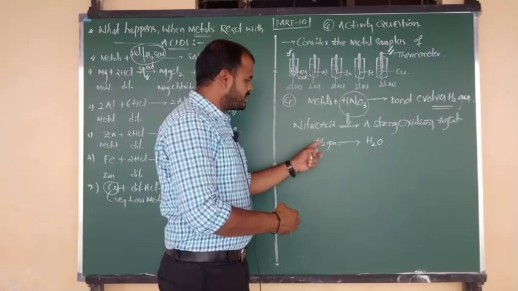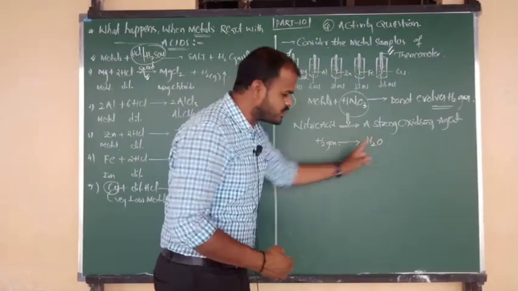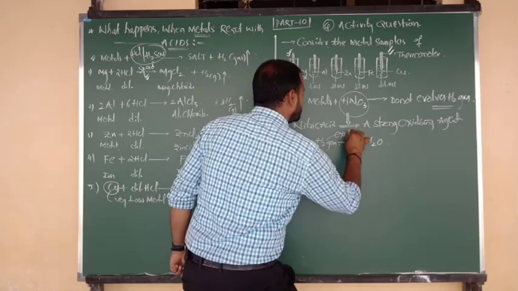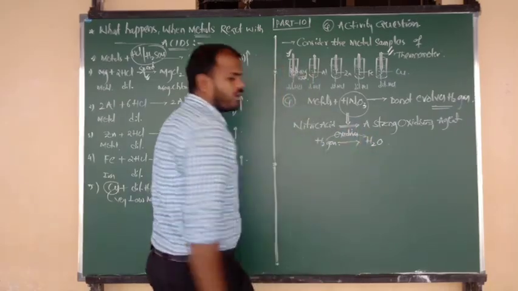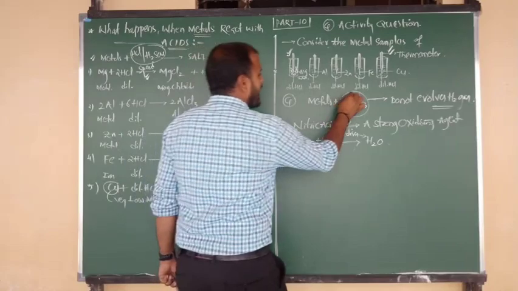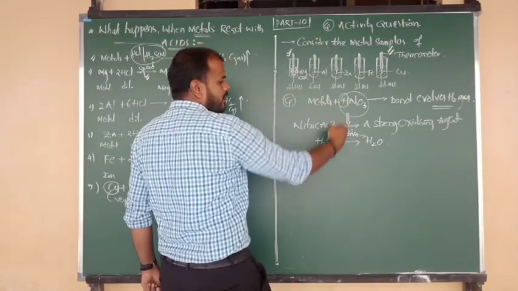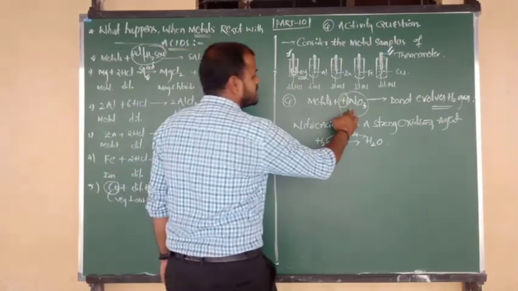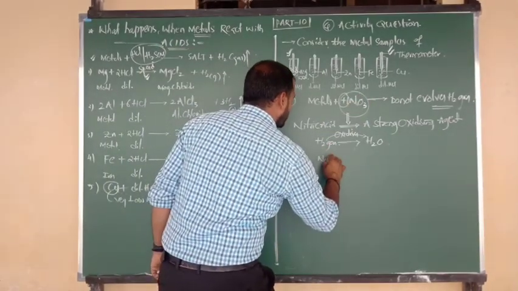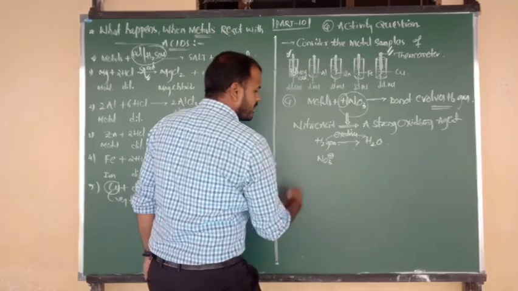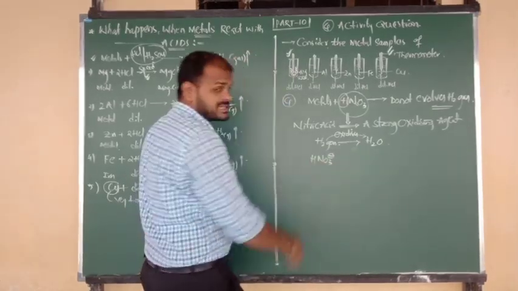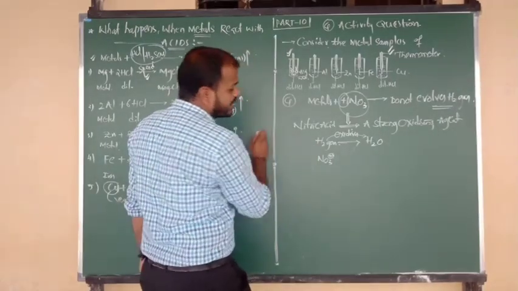In this reaction, the H2 gas is oxidized to water molecule. Or we can say the hydrogen which is present in nitric acid oxidizes to water molecule. And one more group is NO3 minus. NO3 minus is nothing but, minus means what, beta? That means H plus is there. After removal of H plus we can write NO3 minus.